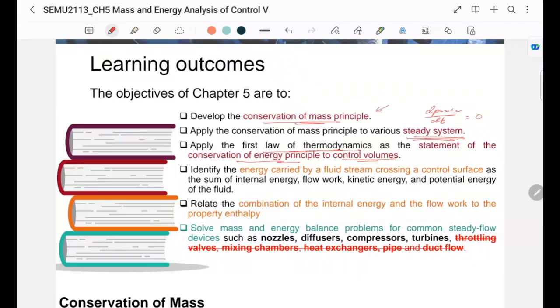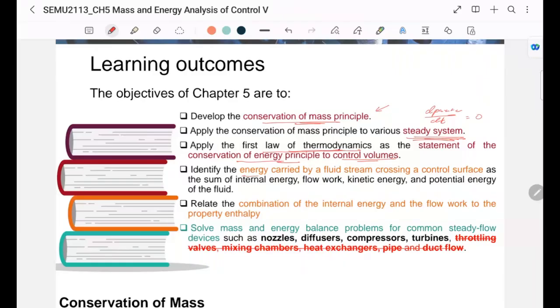The conservation of mass is not a concern in the closed system because there's no mass exchange. Everything is enclosed in the control volume. So there's basically no mass exchange, so we don't have to worry about conservation of mass. But now we're talking about open system. There's a mass in, there's a mass out. The conservation must be there. Otherwise, we are looking at a non-solvable problem.